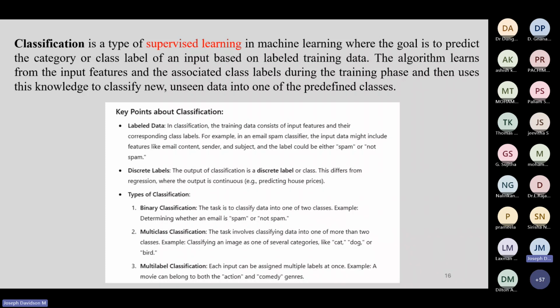A beautiful example is email. If someone says you have won $10 million, then obviously the system identifies that it's spam and puts it into the spam folder, because it reads the content, and anything objectionable or doubtful, it can identify and label. So it finds the correlation between input and output and stamps it with a particular character. So for classification, we need labeled data.